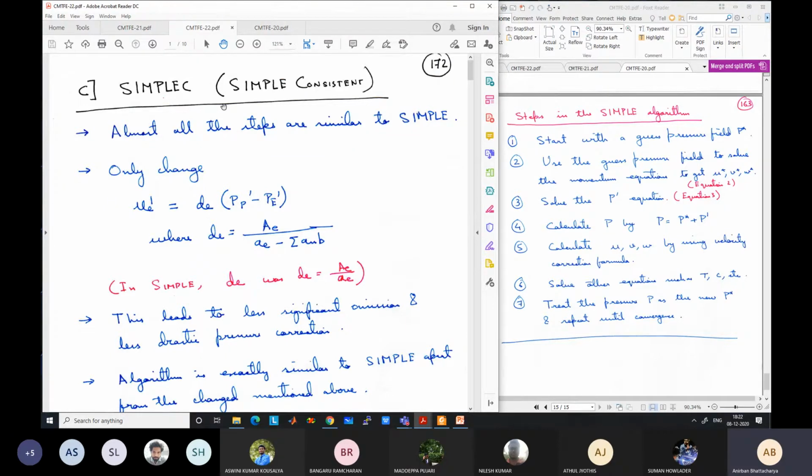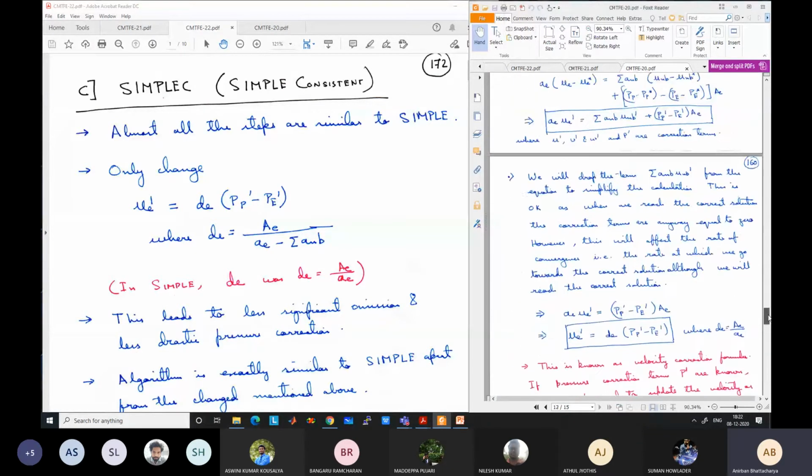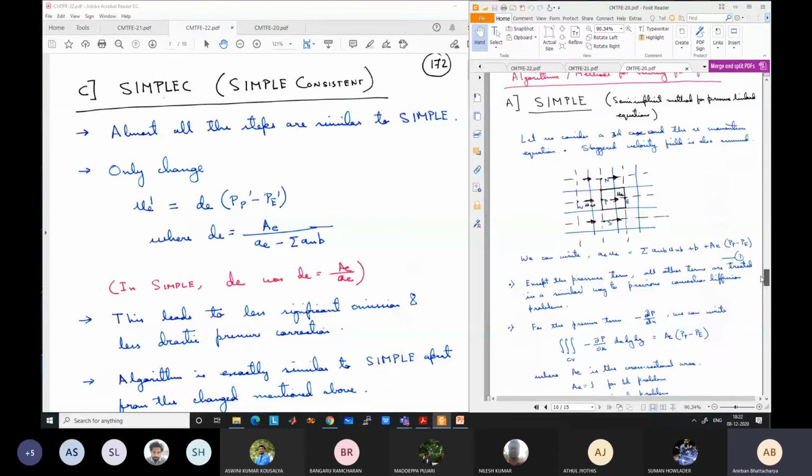SIMPLEC, which was devised during the 1980s, came after SIMPLE and after SIMPLER. Here, except for one step, all the other steps are exactly the same as in the SIMPLE algorithm. The only change occurs in one position. If I go to the SIMPLE algorithm,